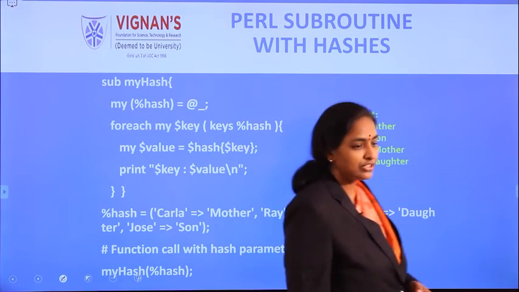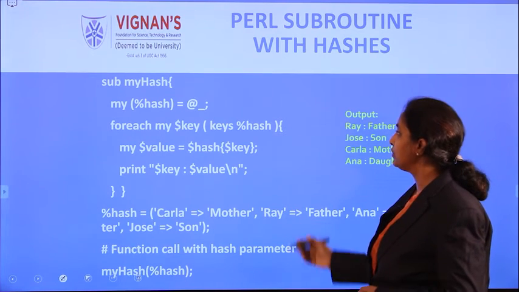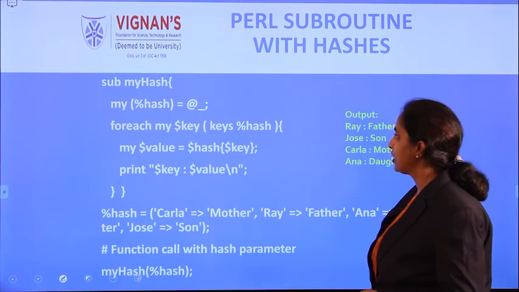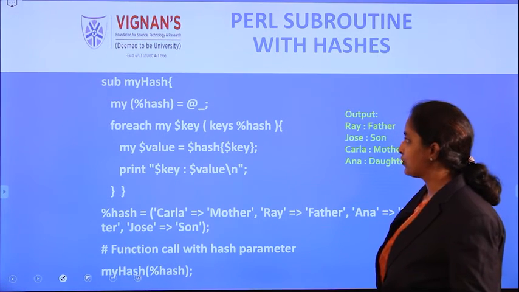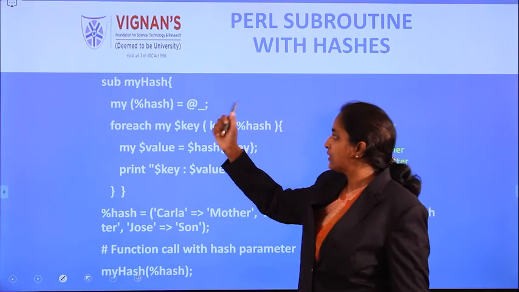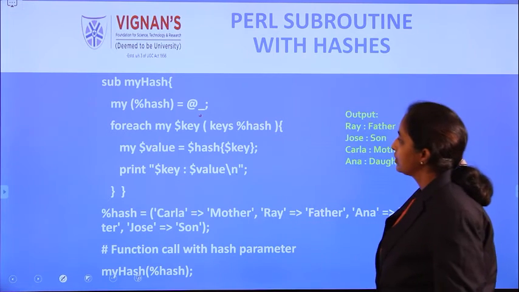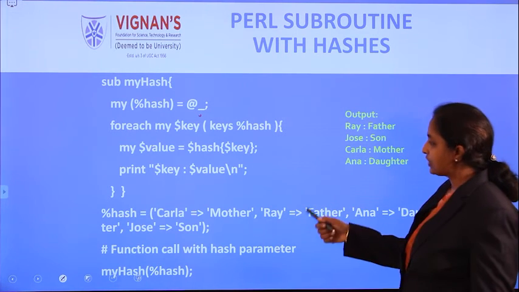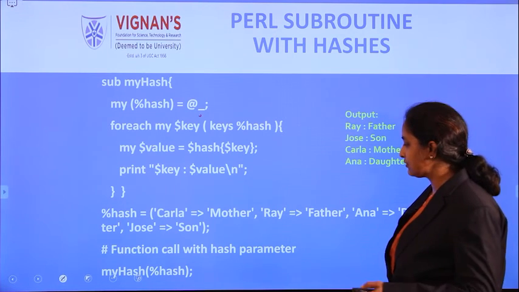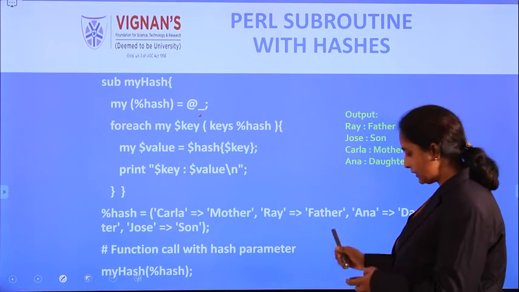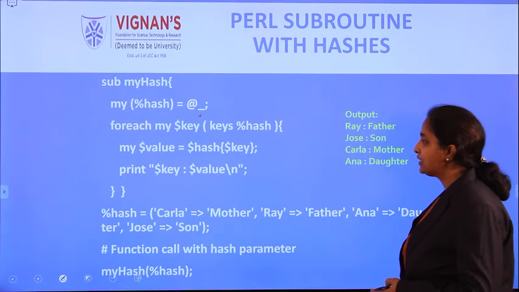So far we have seen arrays. Hashes we have also considered in one example. This is one more example with the help of a hash: how to pass hashes into the subroutine. So this is the subroutine declaration. Now we are passing a hash into the subroutine. After that we are able to handle it in the subroutine with the help of keys and values. Please go through the same example we considered. Simply we have changed the data.